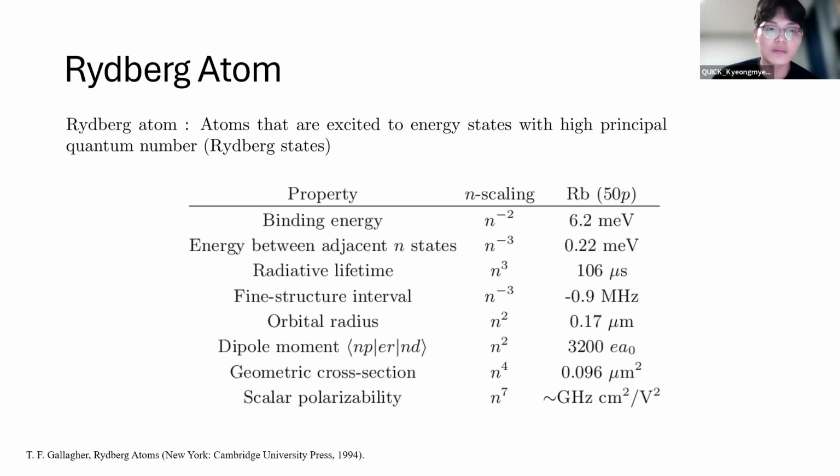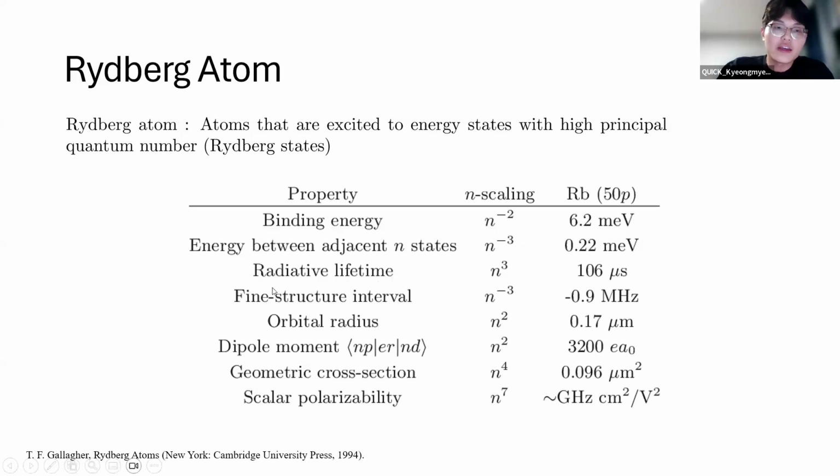Some notable physical properties are that the orbital radius of a Rydberg atom scales as n squared, meaning that the electron can be hundreds of nanometers away from the nucleus. This large size makes Rydberg atoms easy to manipulate with external fields, and it enables precise